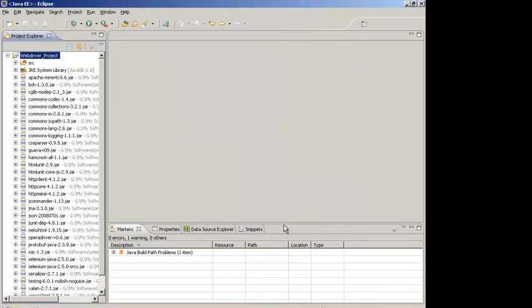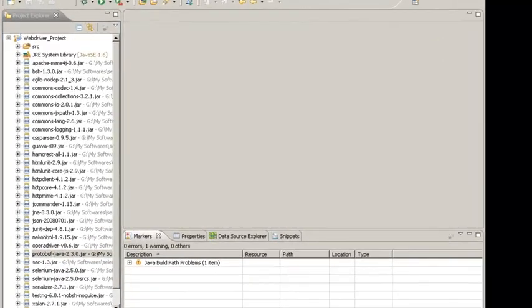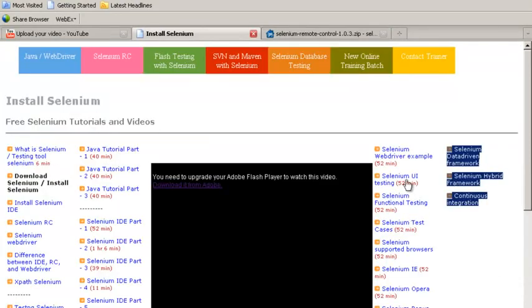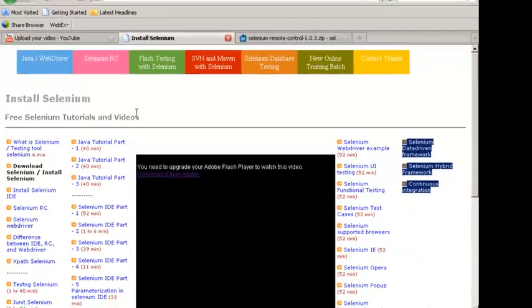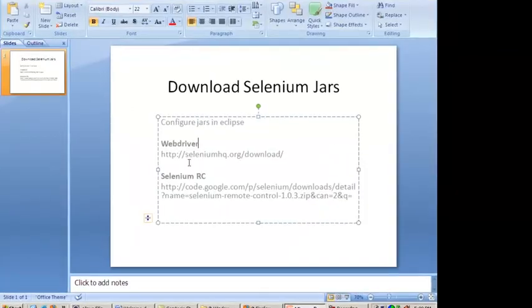Fine. So this is done. You see that in this project all these jar files have been included. That means that Selenium has been configured with your project. Now you can write a Selenium script, use the classes from these jar files to open a browser to do the testing and everything. I have taken up a small example in this Selenium WebDriver example to show you how to configure and run a sample WebDriver code which opens up Firefox and logs you into a Gmail account or something like that. Fine. Now about configuring Selenium RC.